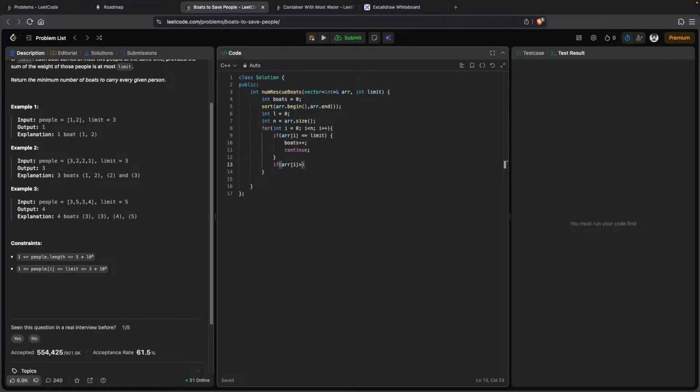And if array of i is less than equals to the limit, then I will also check if array of i plus array of i plus 1 is less than equals to limit. If it is, then what can I do? Then I will do boats plus plus and